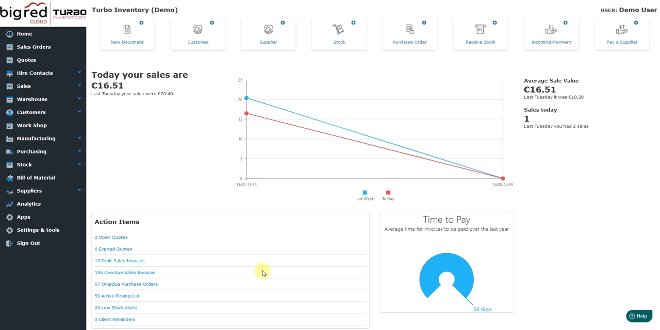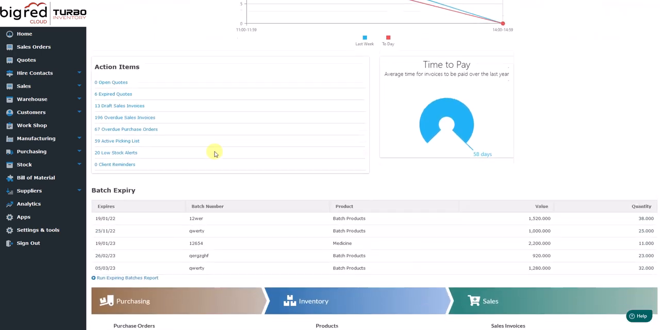So in this video we're going to go over batch products. We're going to touch on pretty much everything in relation to batch products. So first things first, on our home screen here, if we scroll down a little bit, we'll have